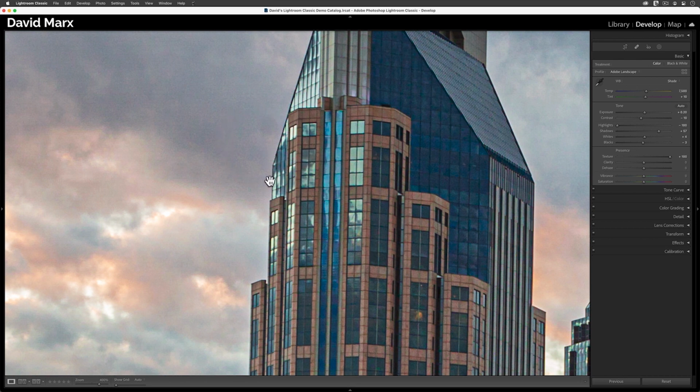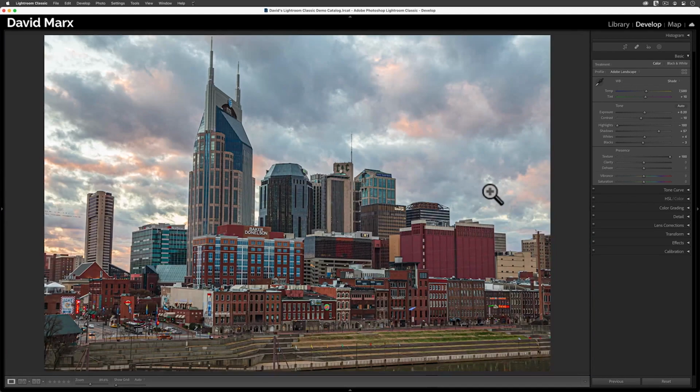Of course, I am overdoing it again. There is no reason why you would need to drag this slider all the way up. But any addition of fine edge contrast makes no sense to me for the sky in this kind of photo. Micro contrast turns these nice puffy clouds into something that looks, well, almost menacing. Let me reset this one, and then I'm going to hop over to a different type of example.